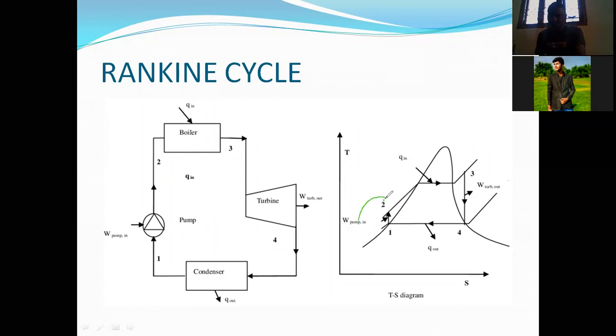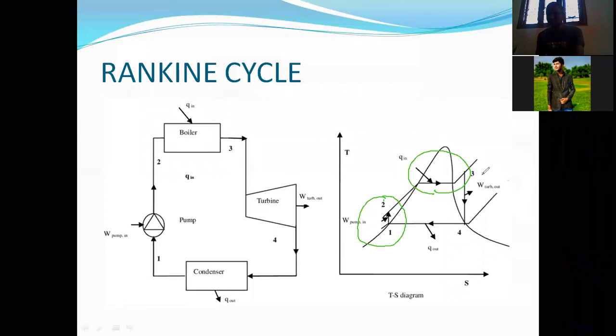I'm just highlighting where it is. This is in the TS diagram. The 1 to 2 process is called a warming process. Okay, so next go to the 2 to 3 process, which I am highlighting with the green one. This is boiler heat addition, which we call the evaporation process of water into steam, and technically an isothermal expansion. Isothermal expansion means we are increasing the volume of water into steam. This is according to yesterday's class.